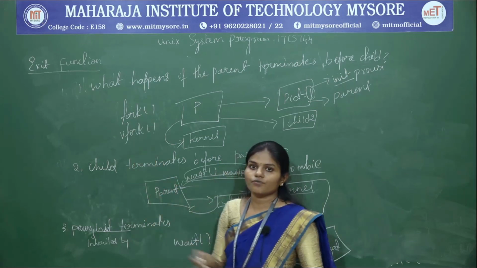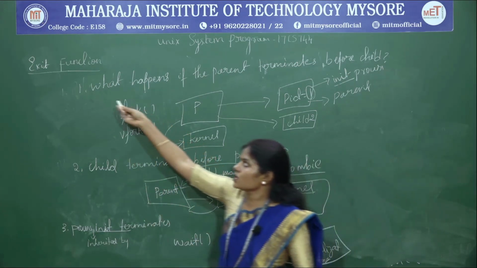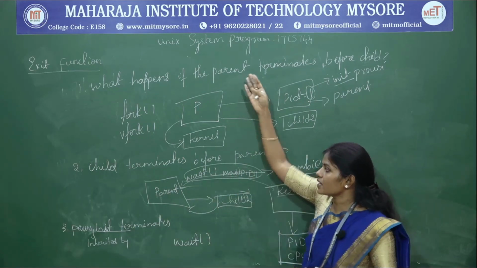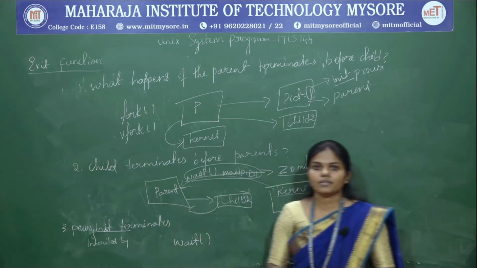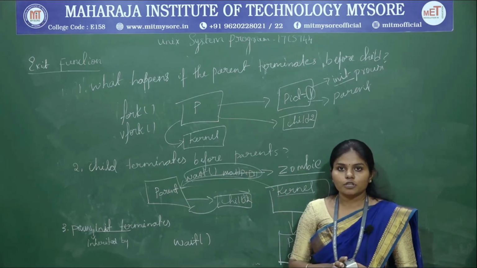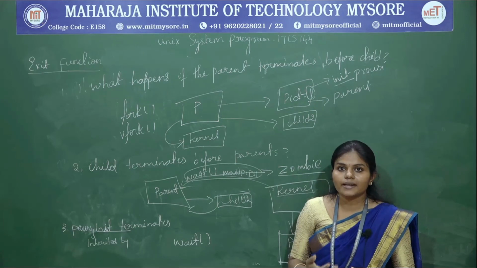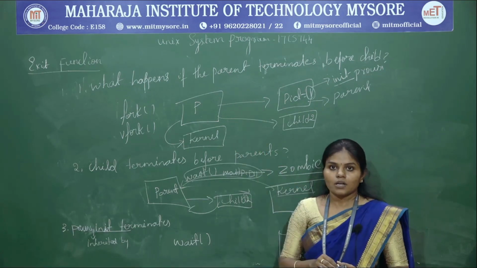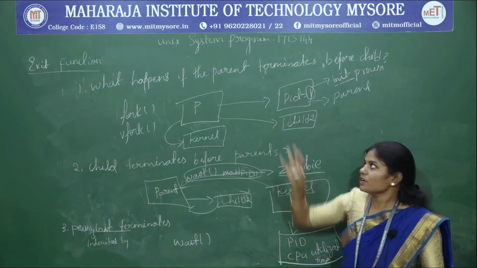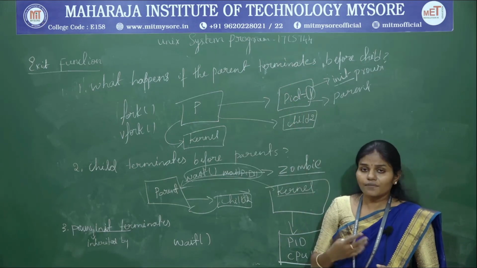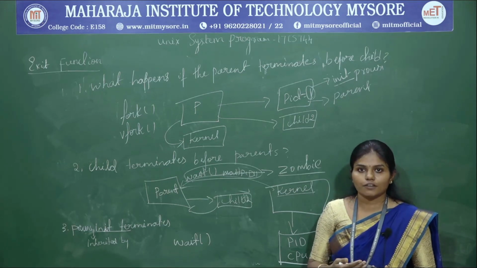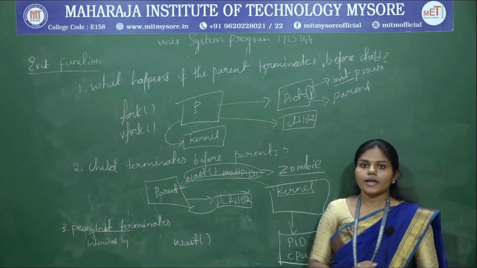So these are the three questions that come across while executing the exit function. Before termination of any process, whether it is a parent, a child, or init, all the things we have to keep track of. Before terminating any process, it is going to terminate either with informing or without informing. When it informs the parent that it is terminating, then it is successful, right? If it is not informing the parent, then it is an abnormal one, right? In that case, the kernel is going to take care of all that information. So this is the exit function.